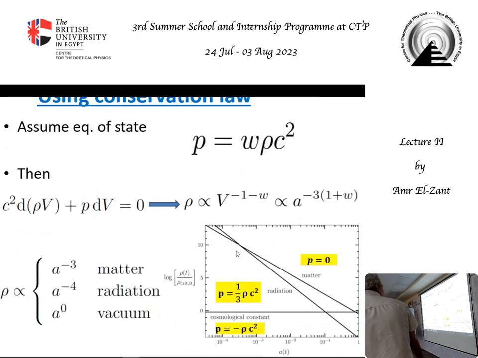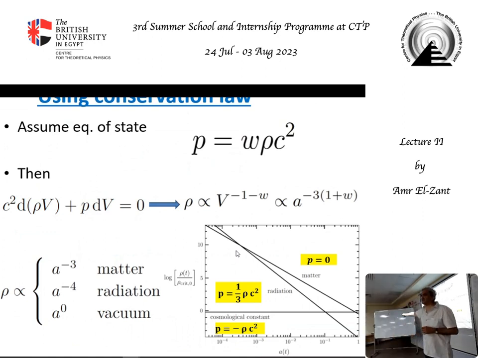Okay. So you can do it like that, and you can do it more formally through the first law of thermodynamics, or the divergence of the energy momentum tensor and so on. You have an equation of state that you all know probably, or at least most of you, like for an ideal gas, P equals rho T over mu. Ideal gas, PV equals nRT. This is another equation of state, P equals w rho c squared, relativistic. So you can apply the second and the first law